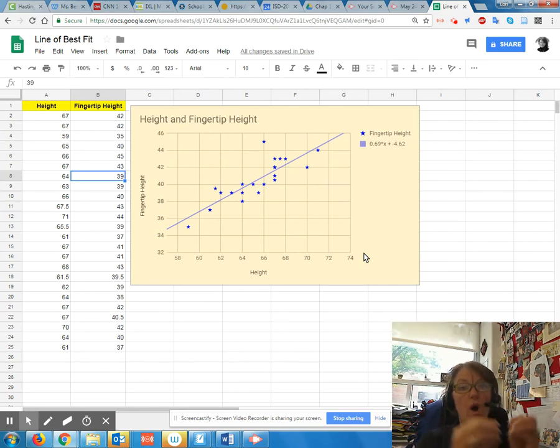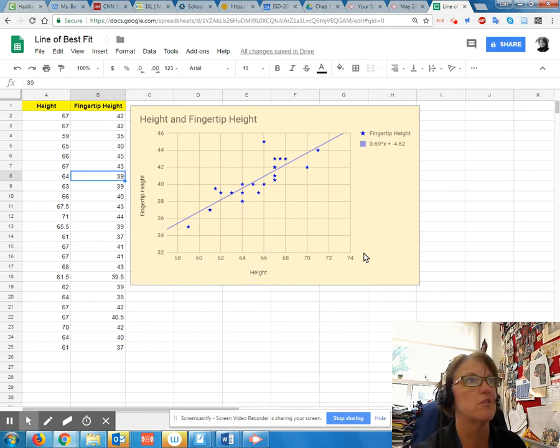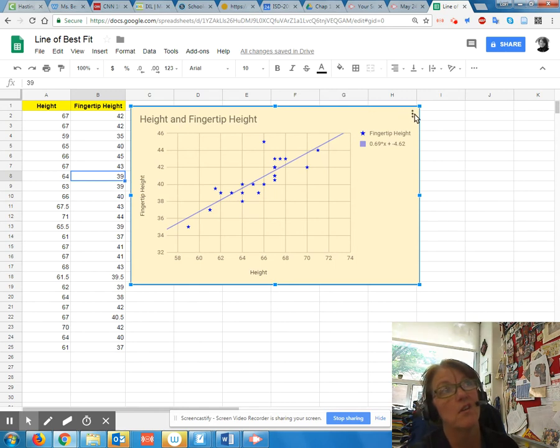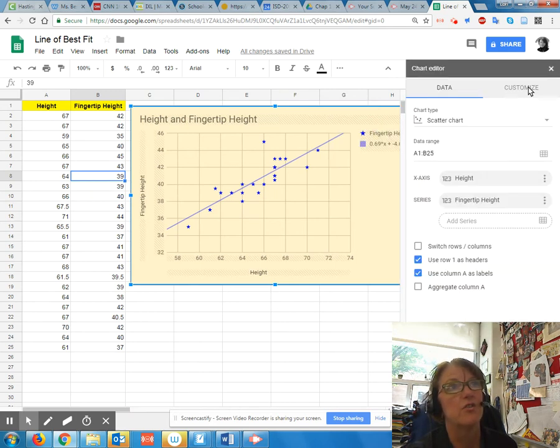It doesn't write y equals, but I've got 0.69x, that's your slope, plus negative 4.62, that's your y-intercept. Cool. Isn't that cool? In fact, if you wanted to go back and edit your chart